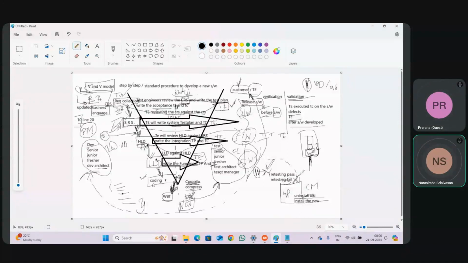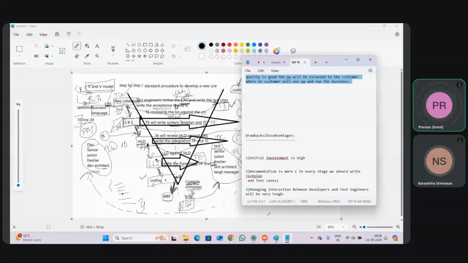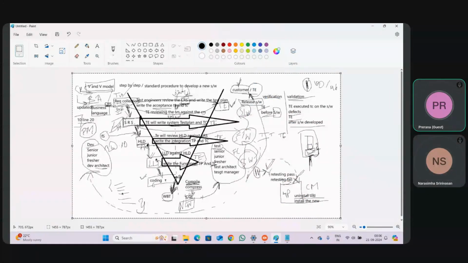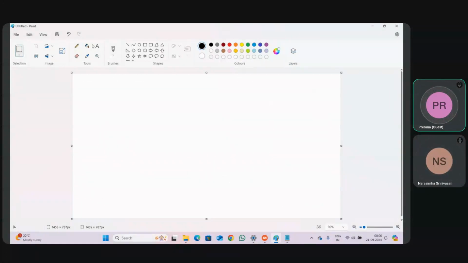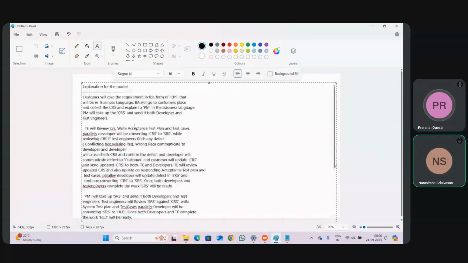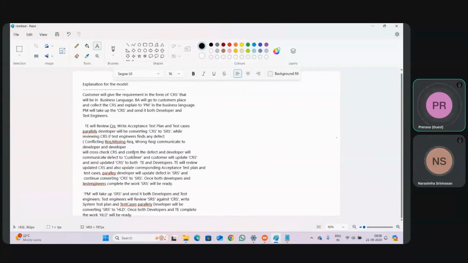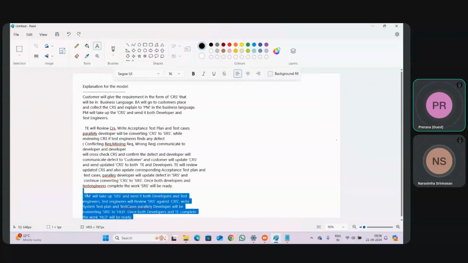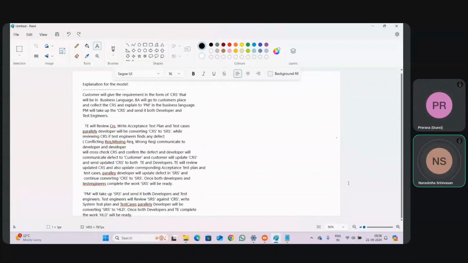Now I will give you the notes. Shall I remove it? Yes, sir. I have taken the snapshot. That is a screenshot, not a snapshot. Snapshot is different. Okay, test engineer, PM, till here you take.